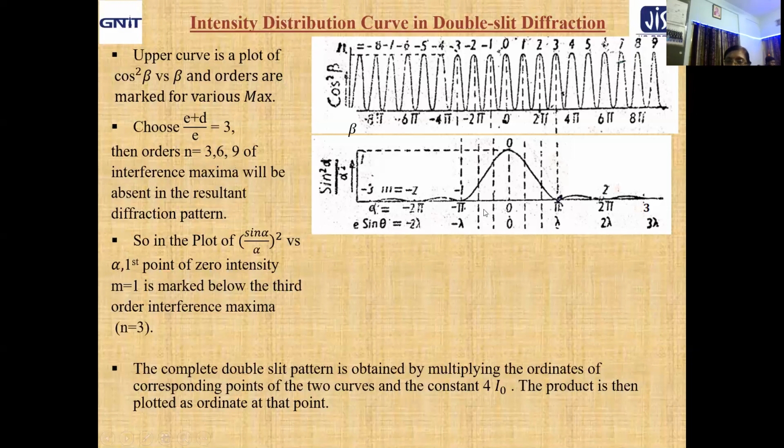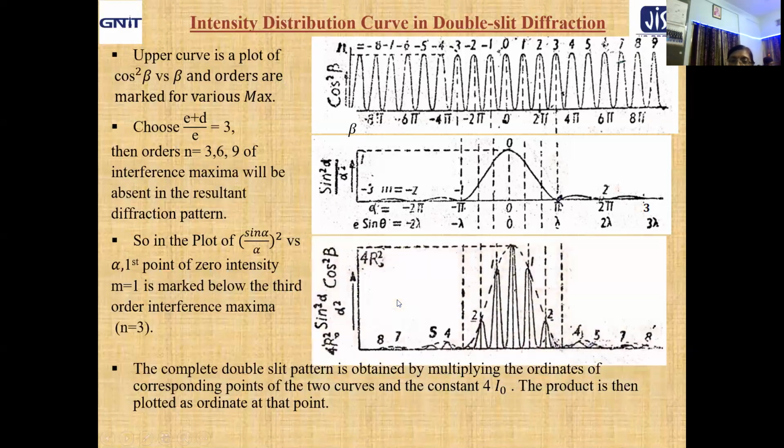Is it clear? Next, with third order minima, which order will superpose? The ninth order. Similarly, this side with third order, the ninth order will superpose. That means in both the graphs, the scale of beta and alpha are made equivalent and match to each other, so that when you come to the combination of both, you can do the things very easily.